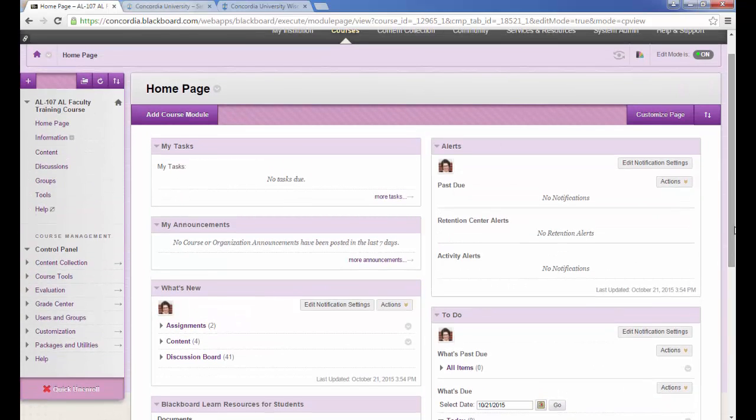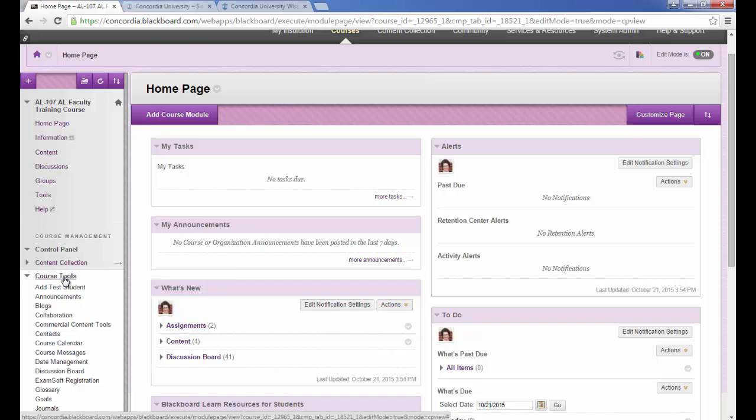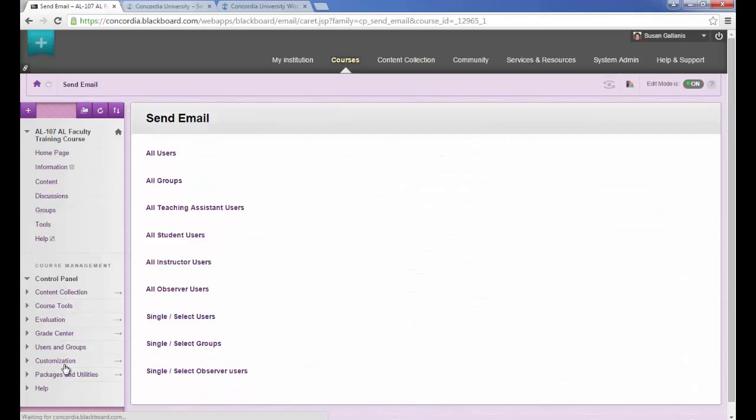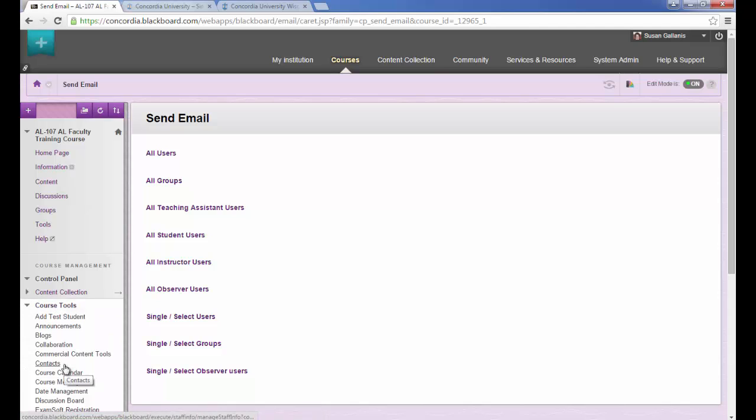I want to show you how you can send email to students from the course. In your course, you'll click on Course Tools, then you'll click on Send Email. There are different options for sending email. You could send it to all users, meaning